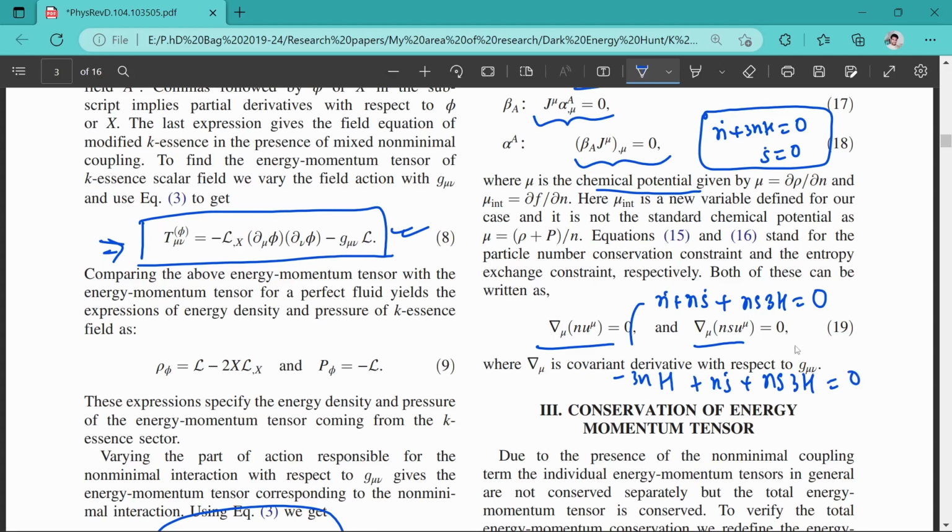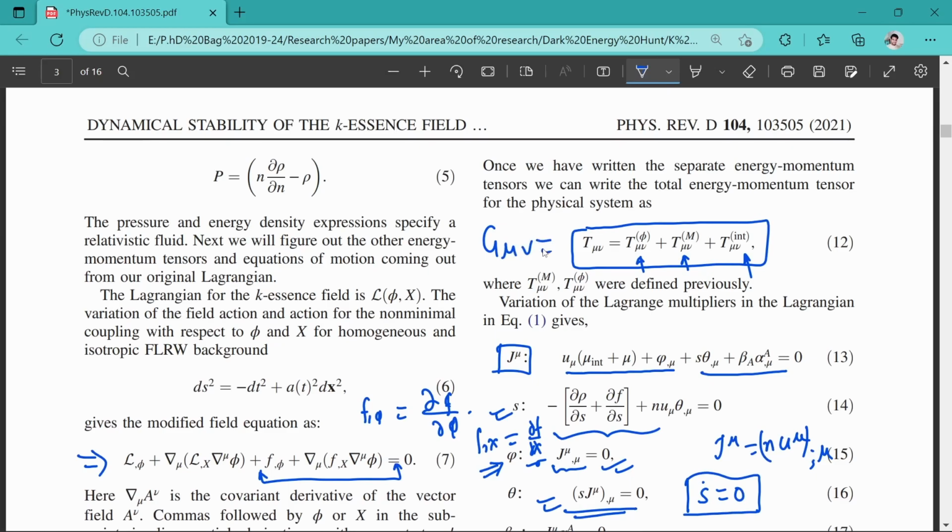Okay, so here again it will have some s, and what you will understand here is that if you just divide by 3nh, this will cancel out and n cannot be 0, therefore s dot becomes 0. So basically this constraint is manifesting that you are in the adiabatic scenario, and the entropy exchange between the field, fluid or gravity is nearly constant. Okay, G mu nu is equal to total T mu nu, and this T mu nu consists of these three parameters, and we already know that G mu nu has to follow the Bianchi identity. Therefore the total energy momentum tensor will also be conserved.